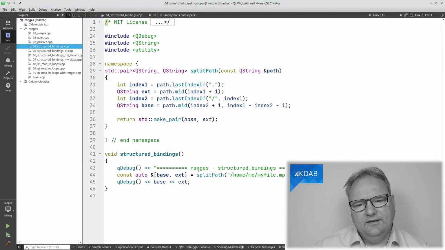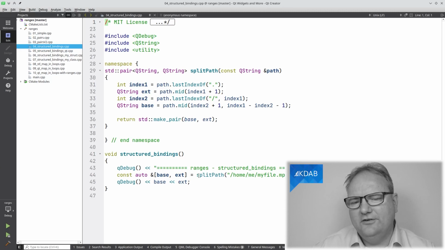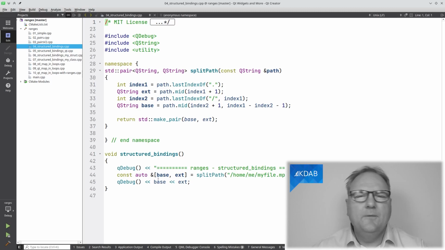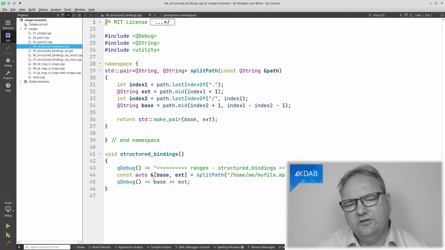And in C++17, we got this new thing called structured bindings. And let's see what it looks like with structured bindings. So with structured bindings, the code down here now looks like this. It's still returning a std::pair as before. And down here I write const auto& [base, extension]. And had I been an actor, I would have been shedding a tear now in joy. Fortunately, I'm not an actor, as you can tell, and I'm not too thrilled that I need to write const auto&. But hey, that's the boundaries that we are within in C++. So I'll just accept that I write that.